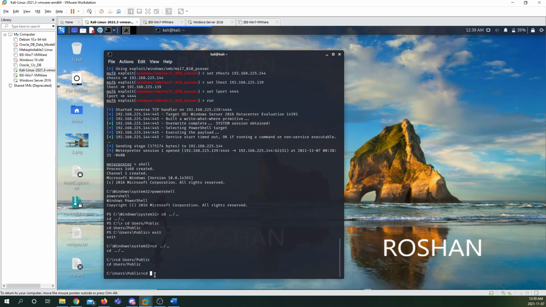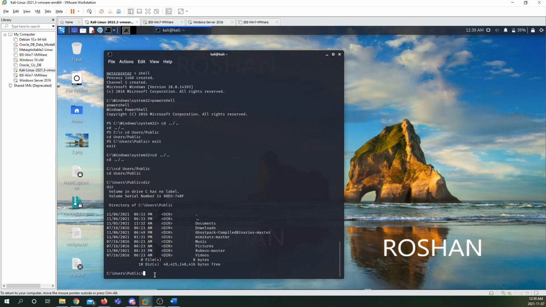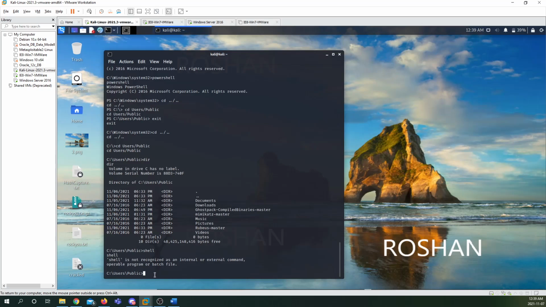After this I'm going to check the directories that I have inside my public folder. Okay, now I'm going to type cd ghost pack compiled binaries. So now I got my file, so I'm going to open PowerShell